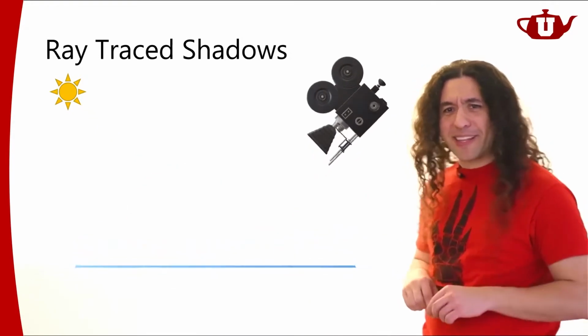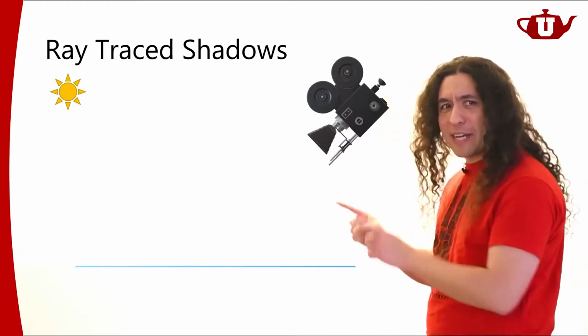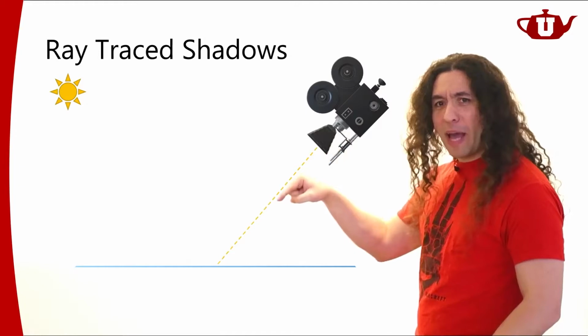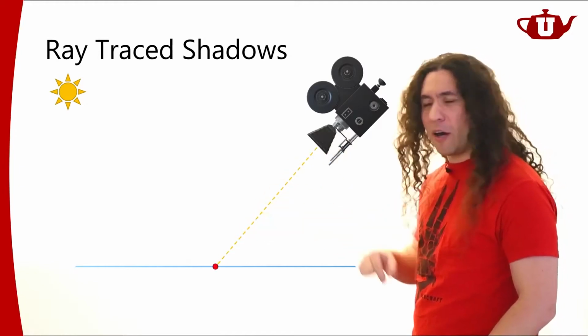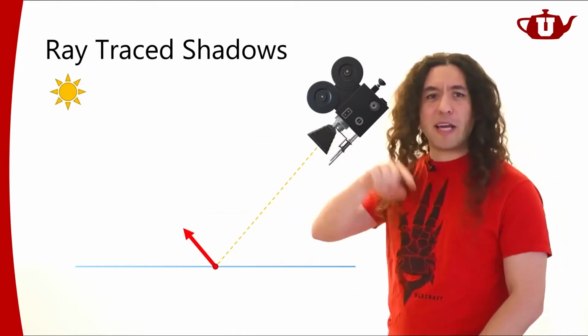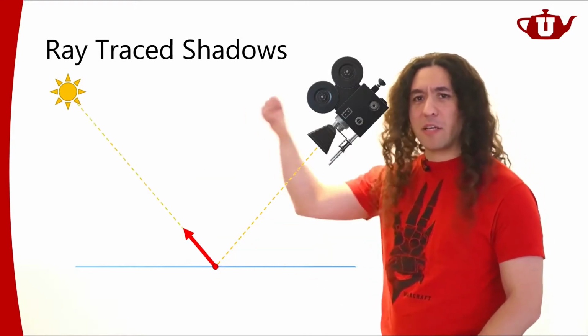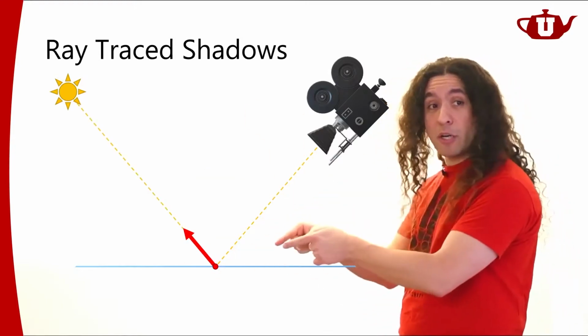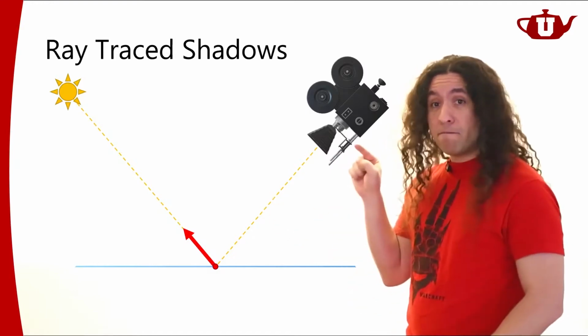Let's talk about that. So in this 2D cross section, I am sending a ray from my camera that hits this point on the plane, and then I'm sending a shadow ray, and by tracing that shadow ray, I will determine whether or not this point is in shadow. All good? All right. So what's happening?